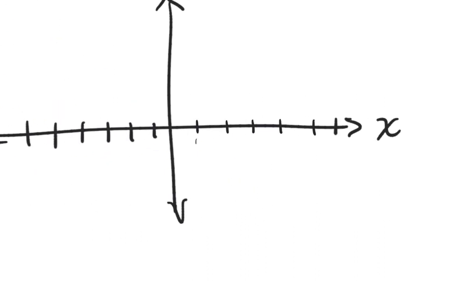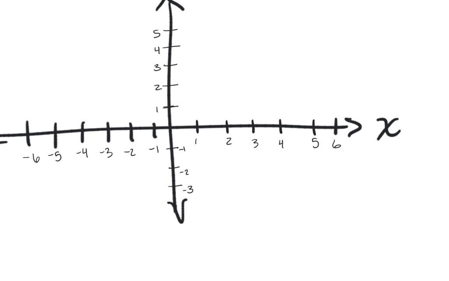And I'll go ahead and label these. Negative 1, negative 2, negative 4, negative 5, and negative 6. And then we'll do the same thing for our y's. 1, 2, 3, 5, and it goes down 1, 2, 3,